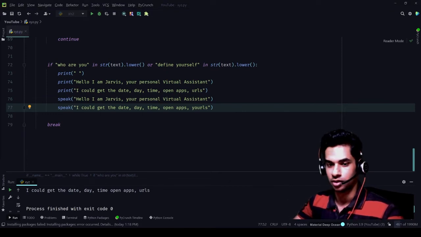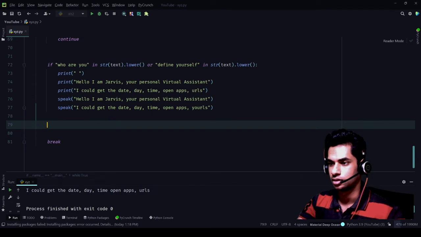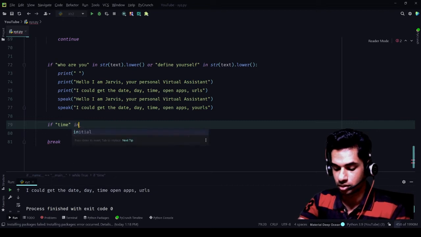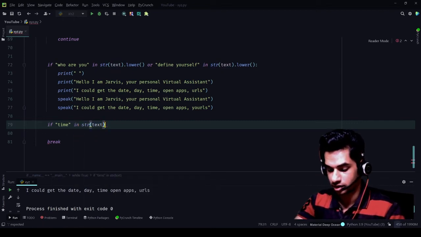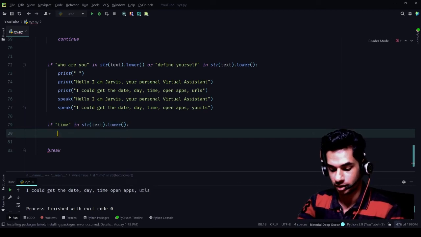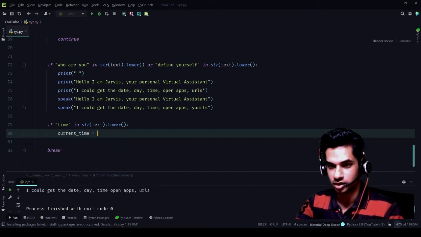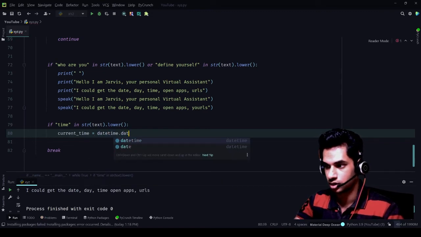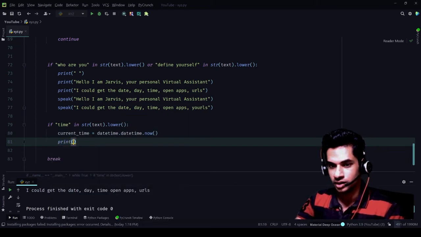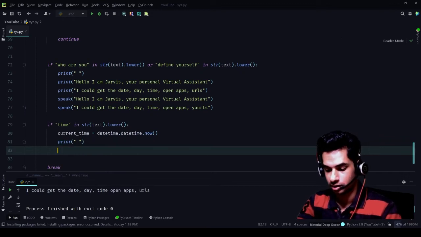So now we'll come to the very basic functions that we have, like time, day, date. Now if I say if time in string text dot lower, what do you need to do? We have imported datetime, so we'll say current time is equal to datetime dot datetime dot now. I think it's pretty self-explanatory. Don't need to explain anything in that. Then print